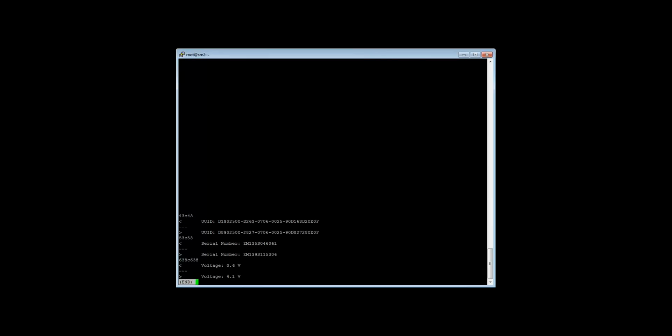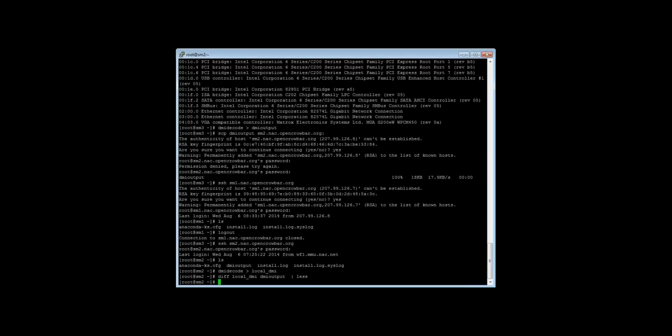Oh, the voltage is different. But it looks like all the other aspects of the box are the same. Well, the voltage is different at least. Yeah. But everything else is the same. Pretty neat. But they have different enclosures. So something must be different. Maybe there's an extra drive in it that we don't know about. Well, DMI decode doesn't show everything about a box.